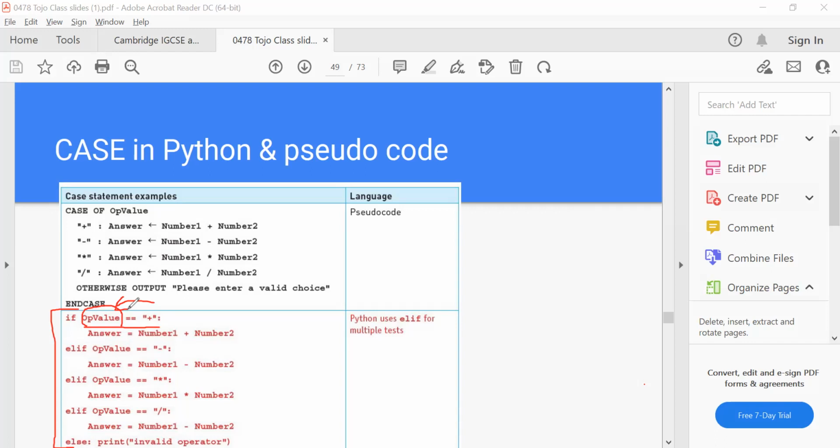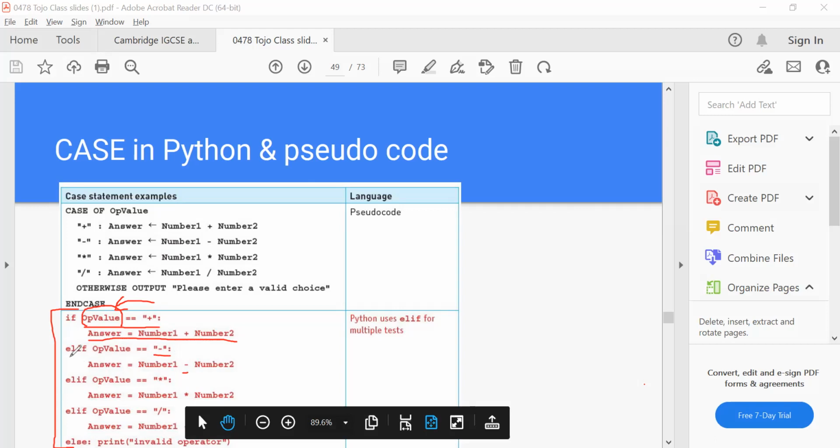Yes, perfect. That's good. So if it is a string, then he will make the answer these two numbers added together, right? And if it is minus, he will subtract the two numbers, and then we know how it goes from there.